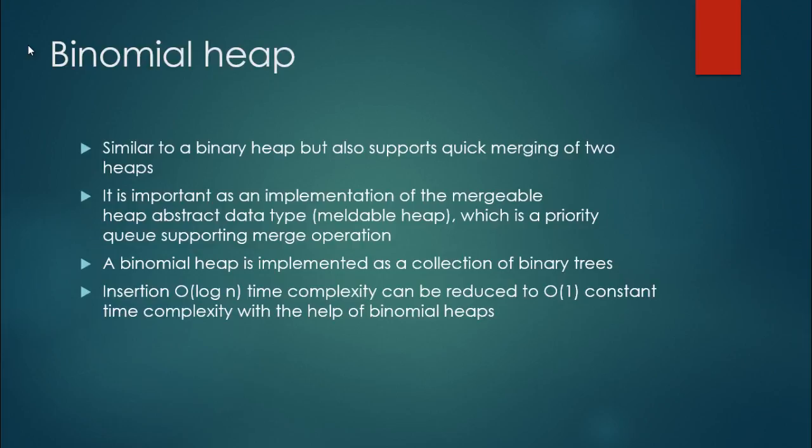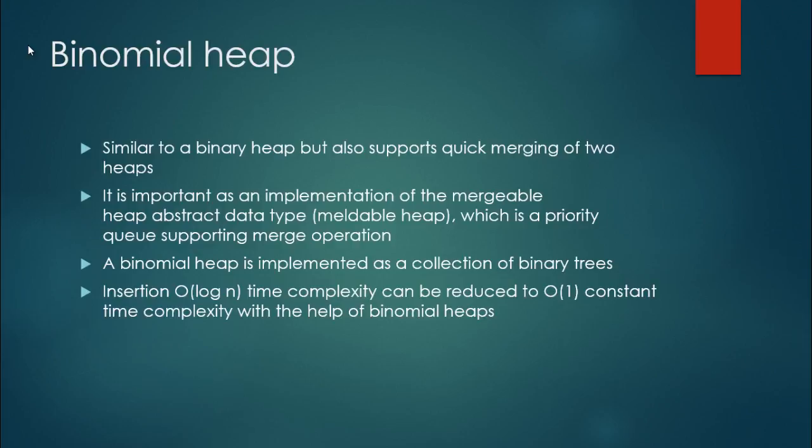Until now we have been talking about binary heaps, but there are several other types of heaps, such as the binomial heap or the Fibonacci heap. Binomial heap is similar to a binary heap, but also supports quick merging of 2 heaps. So it is important as an implementation of the mergeable heap abstract data type, which is a priority queue supporting merge operation. A binomial heap is implemented as a collection of binary trees,